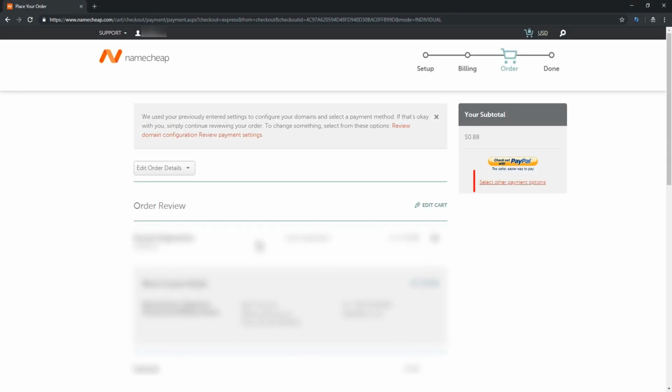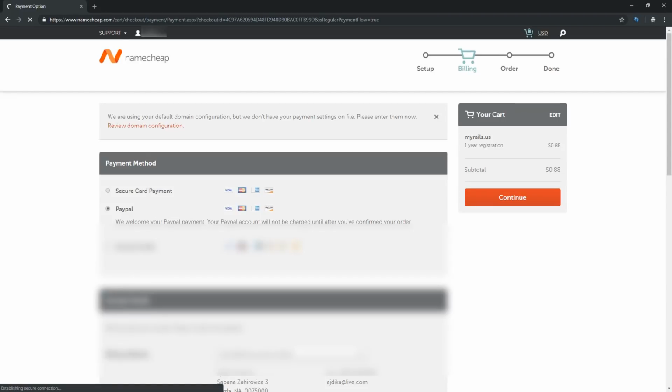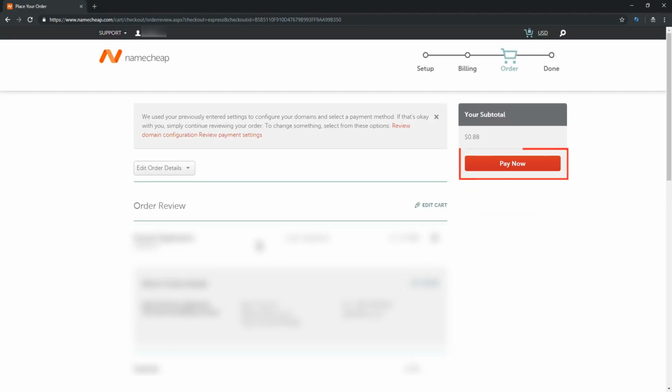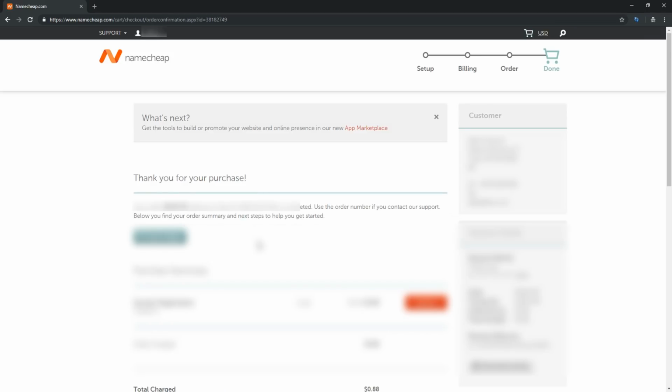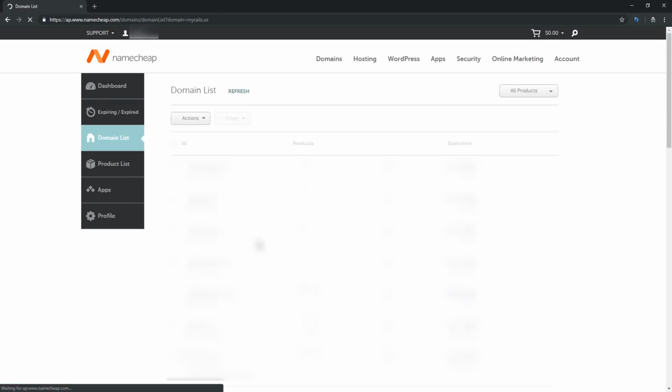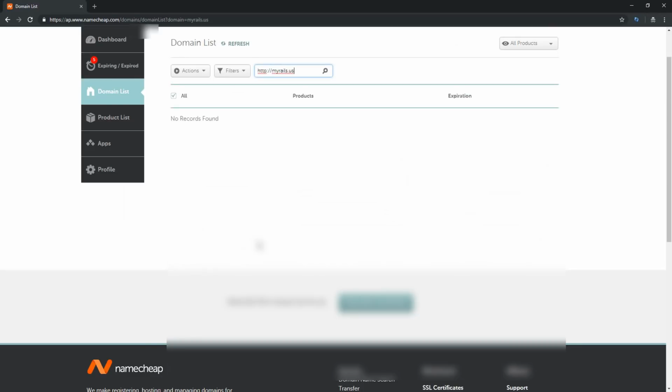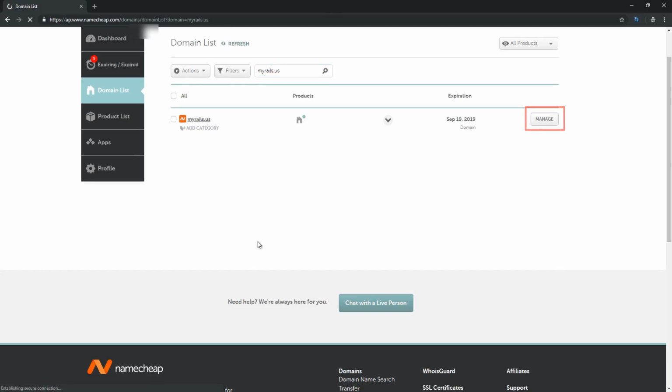Now I'll click Select Other Payment Options, and I'll choose Secure Card Payment. Next I'll click Continue, and I'll click Pay Now. Now that I've registered my domain, I can click Manage to see the dashboard details. Since I've got a lot of domains, I'll just search and see what I get. I'll click Manage here,